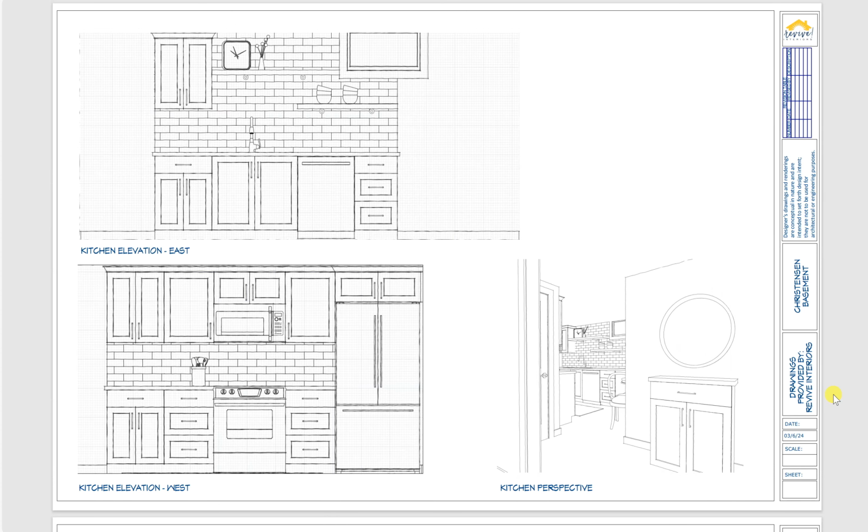So here's that kitchen elevation on the east wall. This is when you come down the stairs. This is the first thing that you would kind of see. Again, the sink, the dishwasher, nothing too crazy. One thing I did have to do, so I did put a floating shelf here, and then a floating shelf here. Kind of gets lost with the subway tile, but I couldn't do an upper cabinet above the dishwasher space